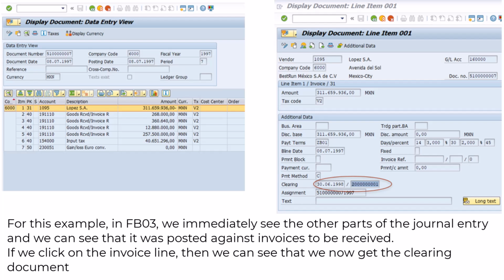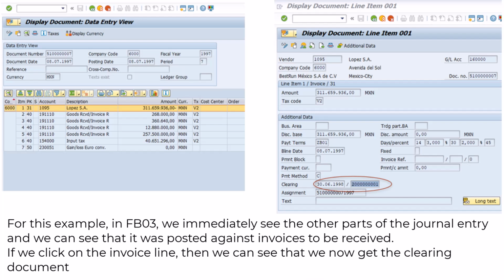So here, what we've done is we clicked on this invoice line, and now you can see the actual pop-up box is a bit different, right? So sometimes this drives you absolutely mad, because like in the last example that I was showing, you could be looking around for the clearing document number field, and you can look around for it forever, and it's just not there. And the reason it's not there is because they only put it there when it exists, and when it doesn't exist, they don't just put it there as being blank, which is completely mad, but that's just the way